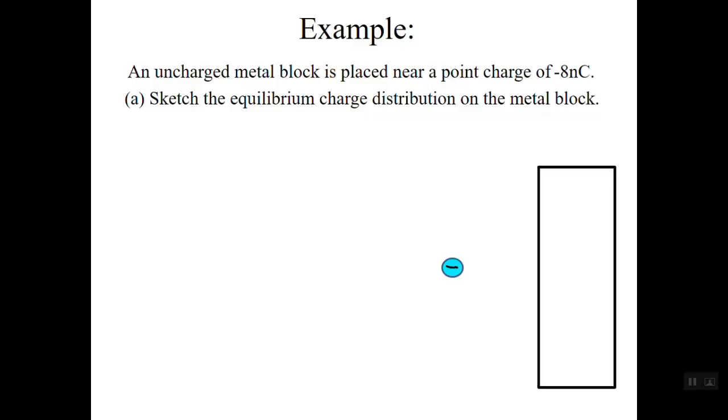The block polarizes in such a way that at equilibrium, the net electric field is 0 inside the block. The polarizing charges must be at the surface. To sketch this, we should note that the block is neutral. We need to sketch this in a way that the positive charge and the negative charge have the same magnitude. Something like this,